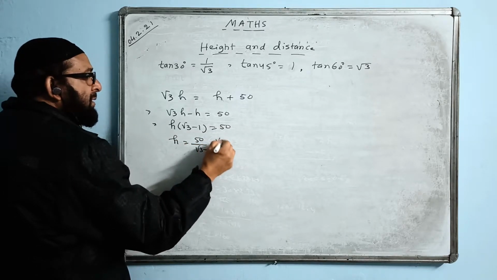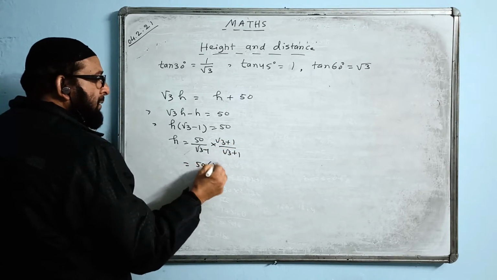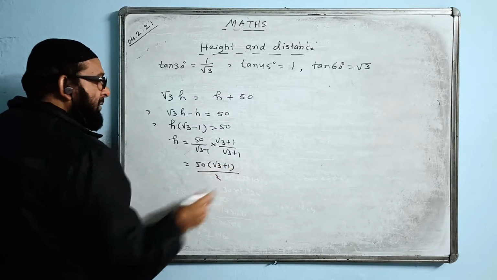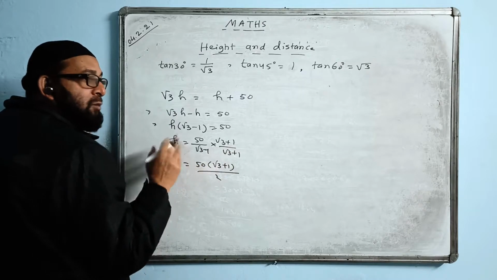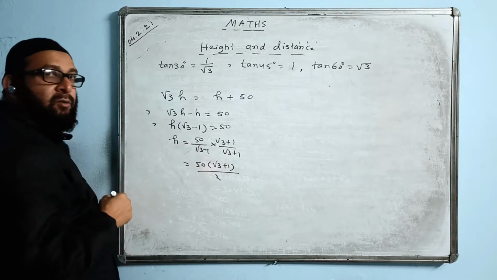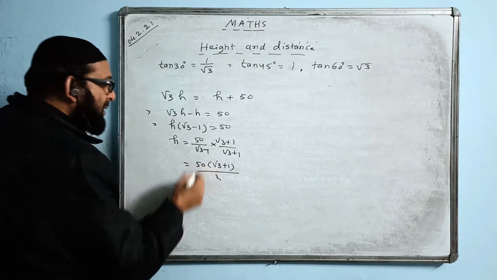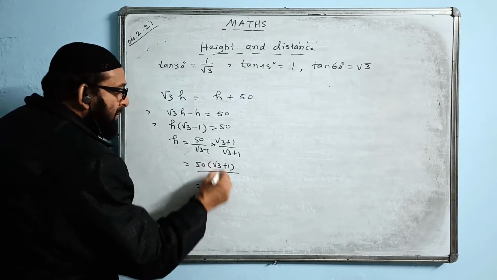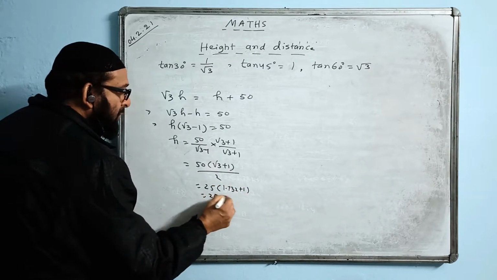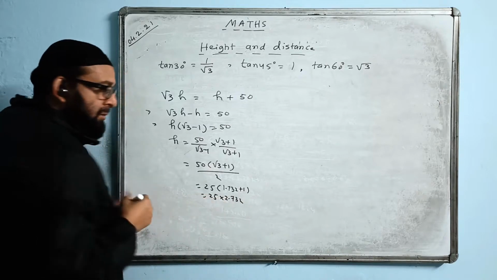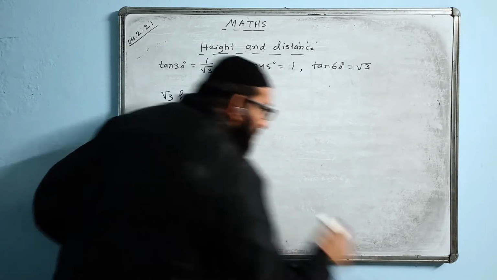Now, we do the same rationalization, you know. 50 bracket root 3 plus 1, and now here I have 2 directly. Because you know the formula becomes a minus b, a plus b, a square minus b square. Root 3 square is 3 and minus 1 square is 1, so 3 minus 1 is 2. With 2 I will cancel. 25 root 3 value is 1.732 plus 1. So 25 into 2.732, multiply for the answer. Okay.